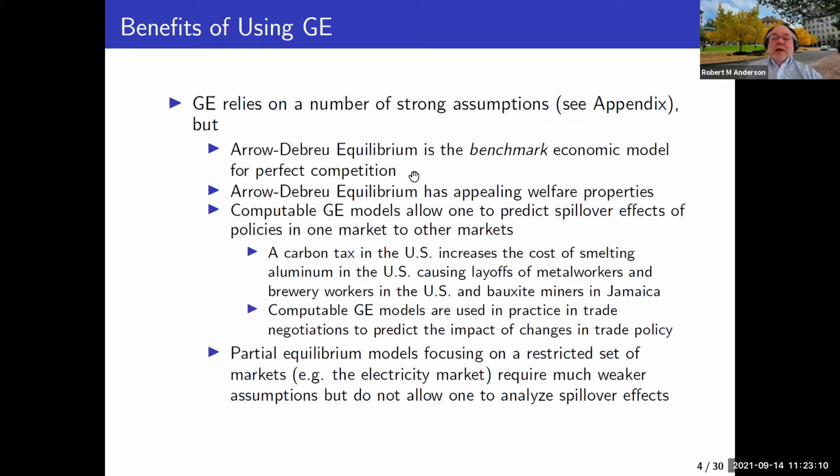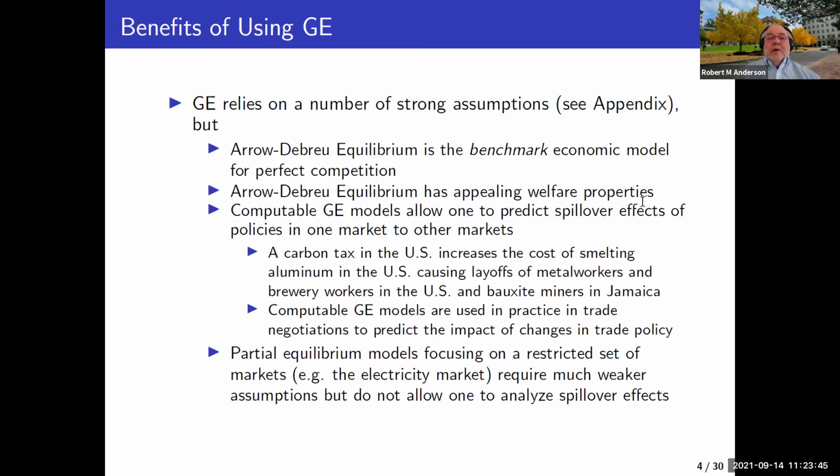So any example of antitrust, for example, cares a lot about the fact that firms don't take prices as given, but it looks at comparing a particular outcome in which firms do have some monopoly power to the benchmark of perfect competition. So that's one reason. Second is that general equilibrium has appealing welfare properties. Equilibria are Pareto optimal, for example, and one can, by redistributing endowments, achieve any Pareto optimum that you like through